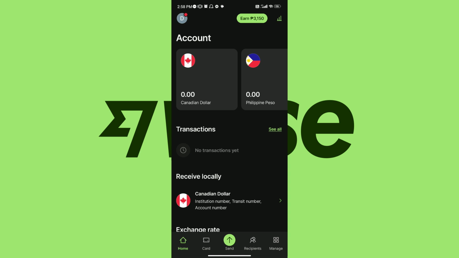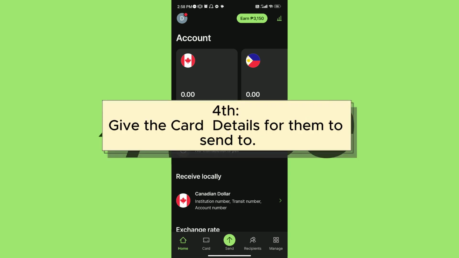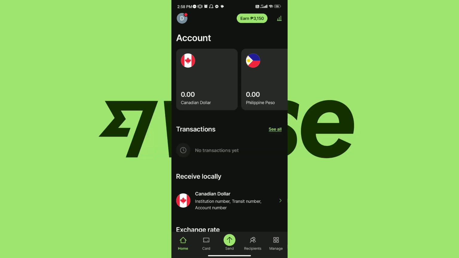And for the fourth way, if you have your card, you can just give your Wise card number to them for them to enter and send the money to you. That's just easy. And for the fifth way and the last way,